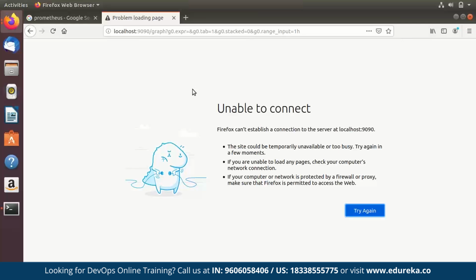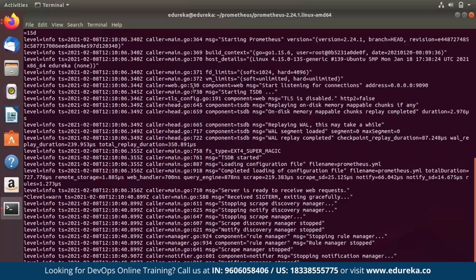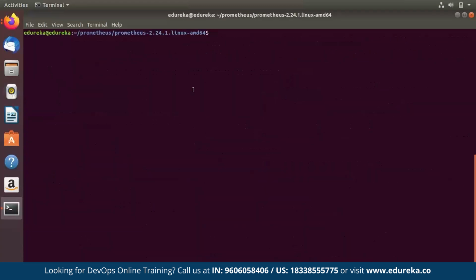So what I'll have to do is create a Prometheus service and get that running. So let's learn how to do that. I'm just going to clear my screen. So now to be able to run Prometheus as a service, I'm going to use the copy command. I'm just going to use the cp -r command. I'm just going to copy all of these files that are in this folder to the destination folder. And I'm going to use this command: /usr/local/bin/prometheus.